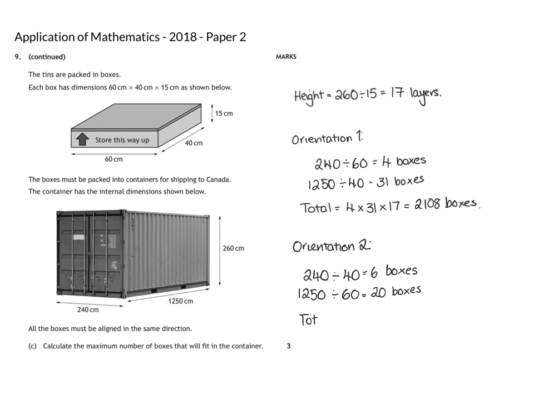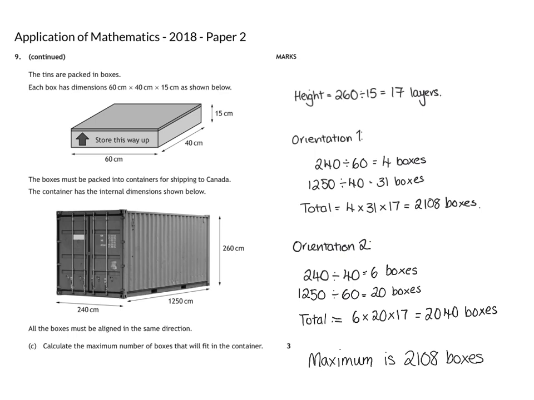So the total number of boxes in that orientation is going to be equal to 6 times 20 times 17, which gives us 2,040 boxes. So the maximum is 2,108